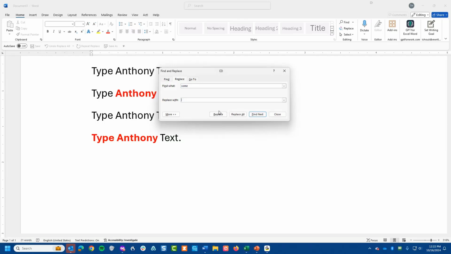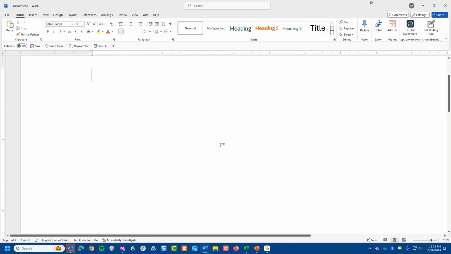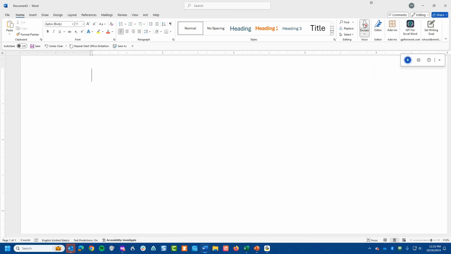Next thing I want to talk to you about is an option that you have when working in Microsoft Word. I'm going to do Control A to take all this information out. I'm going to press Delete. And at this point, I'm going to go up on the ribbon and I'm going to click on dictate. And when I click on dictate, I can now talk, and things that I'm talking about will be put right into my document. Now I can add punctuation, period,